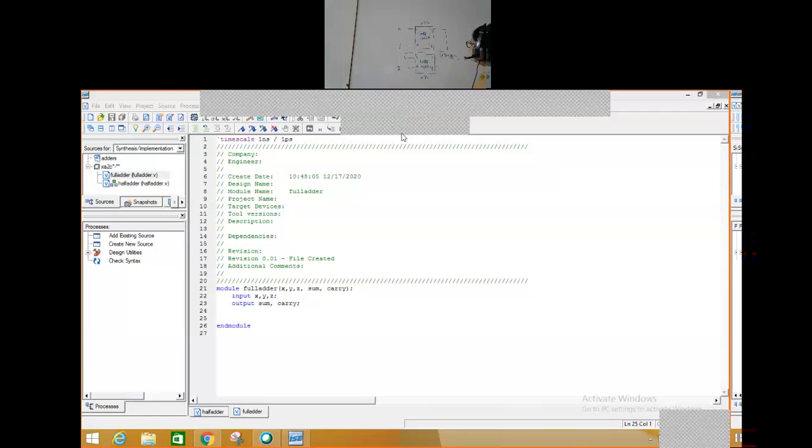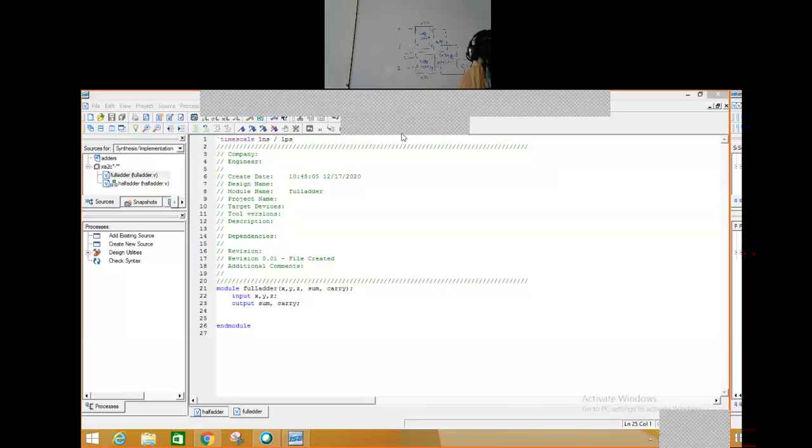Now, how do I get the carry? This is one of my carry, which is giving me X AND Y. Now, this carry along with, what's the carry I'll be getting here? It is X dot Y. And this is (X XOR Y) AND Z. So I'll take these 2 inputs and connect them to an OR gate.